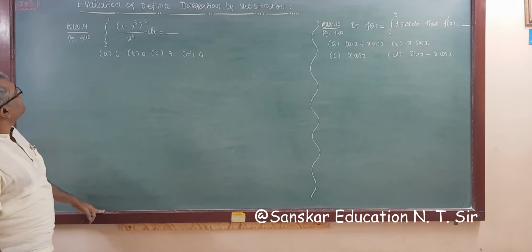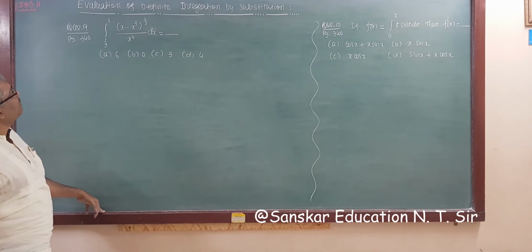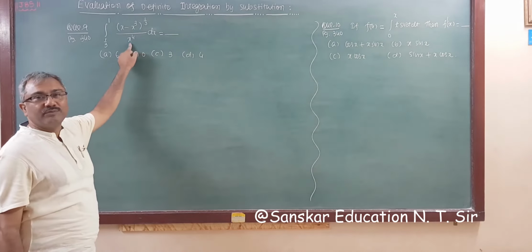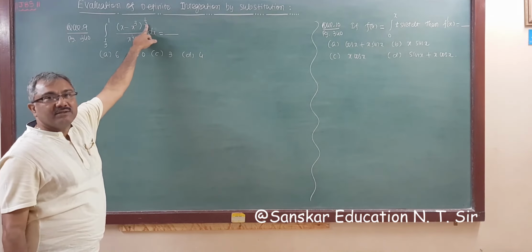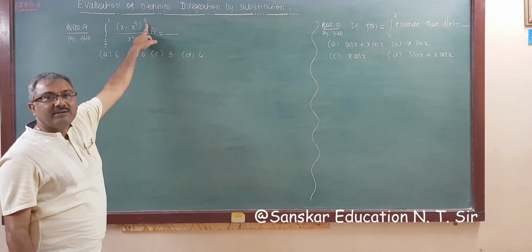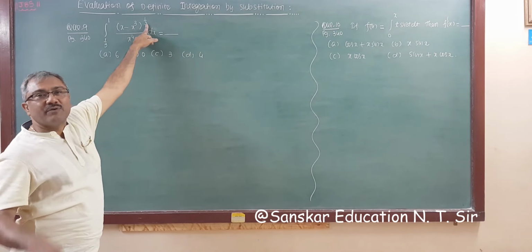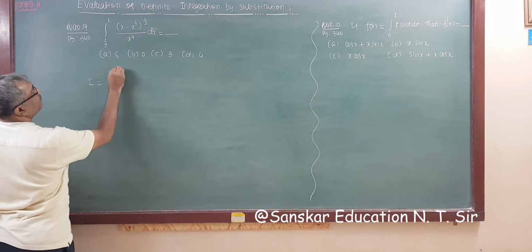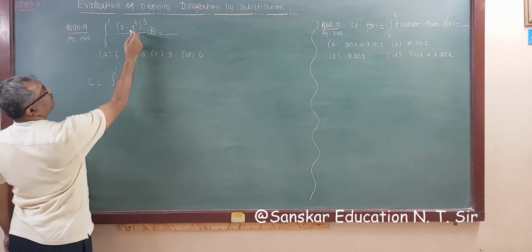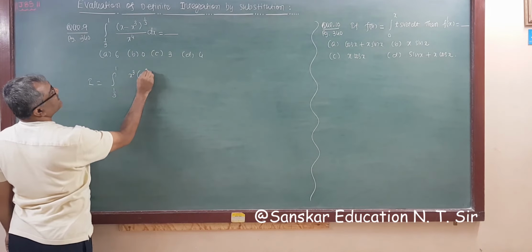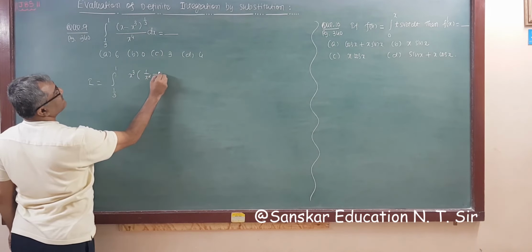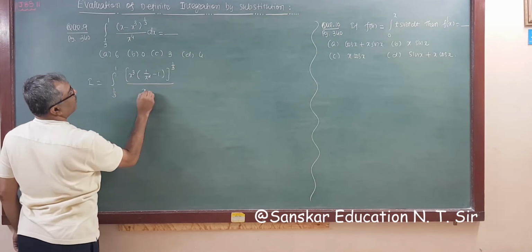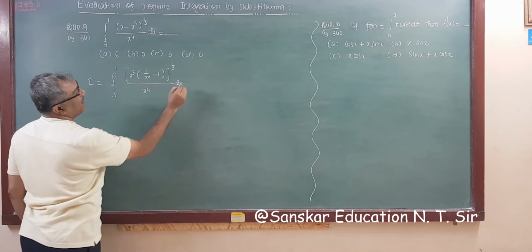So next question is question number 9, page 340, integration from 1 upon 3 to 1 of (x minus x cube) raised to 1 upon 3 upon x raised to 4. You know what to do. Power is not an integer. Then what to do? You have to take highest power common. So taking highest power common, highest power is x cube. So if we take x cube common here, this is (1 upon x square minus 1) whole to the power 1 upon 3 and whole upon x raised to 4 dx.